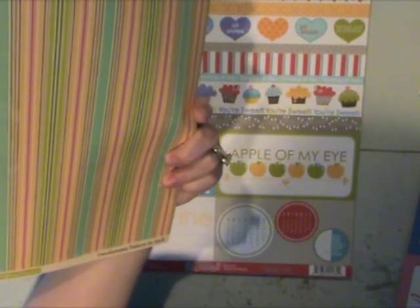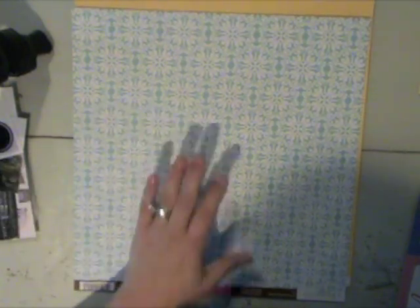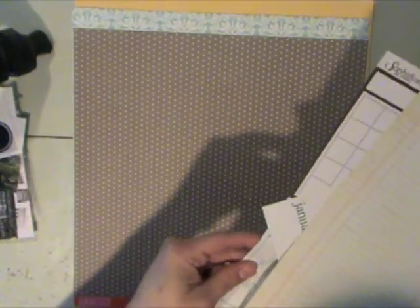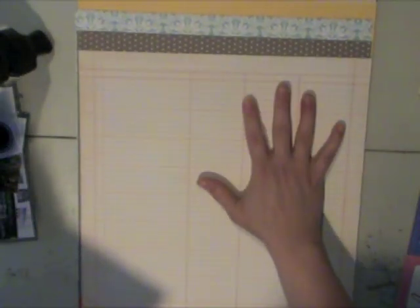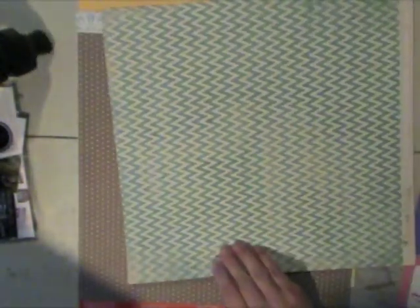Then I have this yellow and white plaid paper from October Afternoon. This is from the Thrift Shop collection. Then from Bella Boulevard, there's the Sophisticates collection. I have this really pretty aqua. From Bella Boulevard's Hello Beautiful, this really nice gray with white polka dot. Then from My Mind's Eye, I just grabbed a ledger type paper. This is from the Fine and Dandy collection, which this would coordinate nicely too, but I mostly picked it because